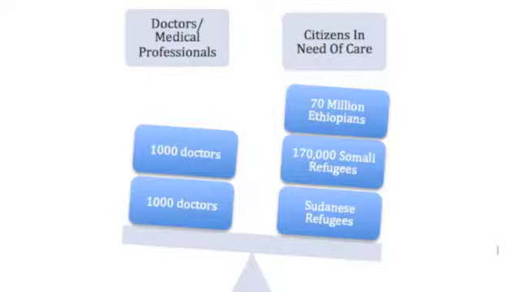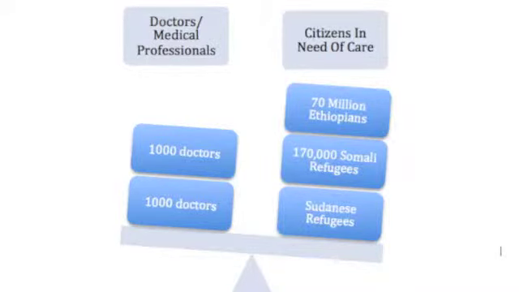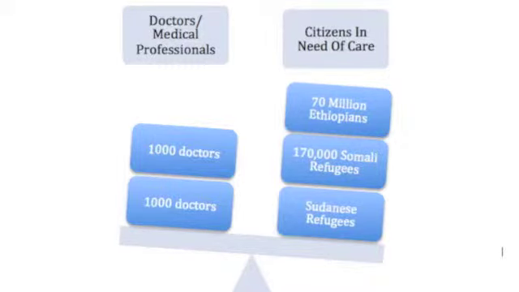There are 2,000 doctors for over 70 million people, rarely any anesthesiologists, 10 psychiatrists, and a greater shortage of specialists to boot. The Ethiopian public health system could be easily strengthened by an increase in professionals. Among the 75 million people that live in Ethiopia, they also have become responsible for approximately 170,000 Somali refugees that were escaping conflict and effects of the recent drought. In addition to these refugees, people that are fleeing from the violence and genocide in Sudan and South Sudan are also entering Ethiopia in need of medical attention.